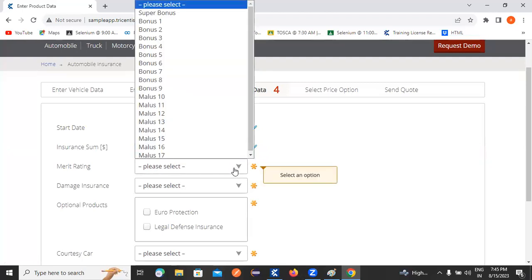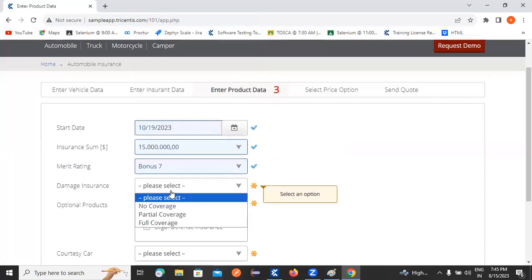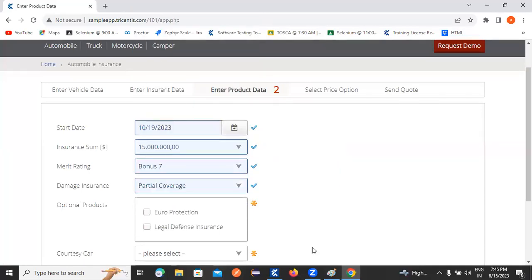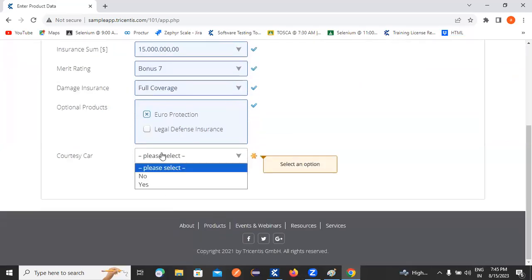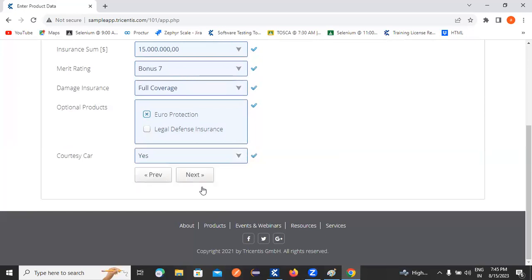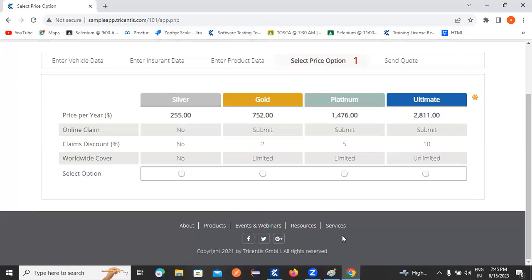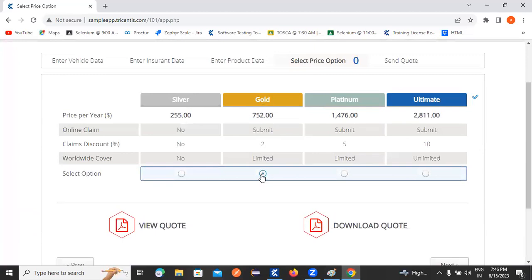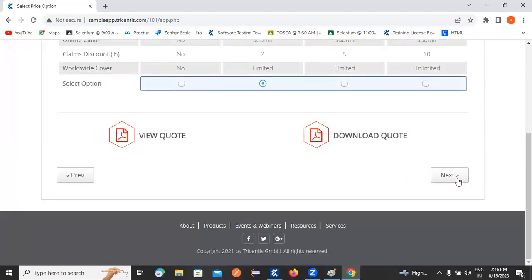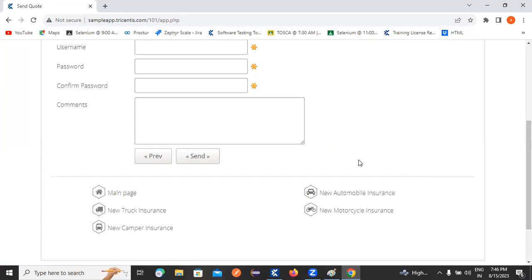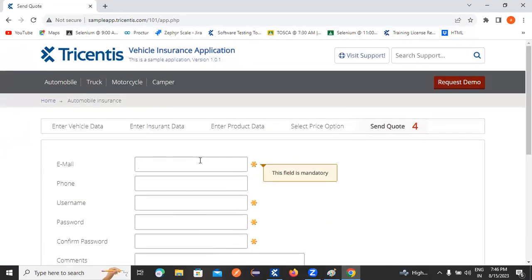And after that, merit rating 7, and partial coverage and full coverage. And I will select the one checkbox here, Europe protection. And here I need to select yes and click on next. The select price is the gold. I need to select the checkbox and click on next. Once I click on the next, I need to enter here